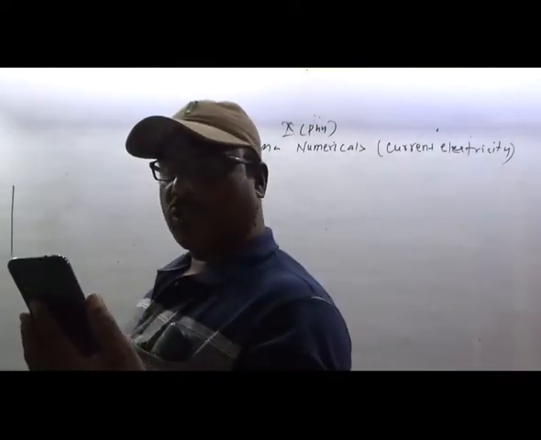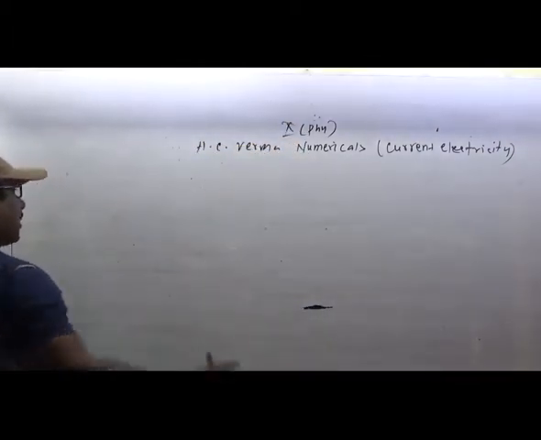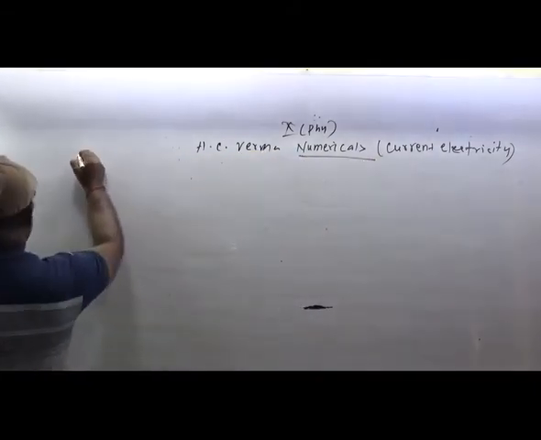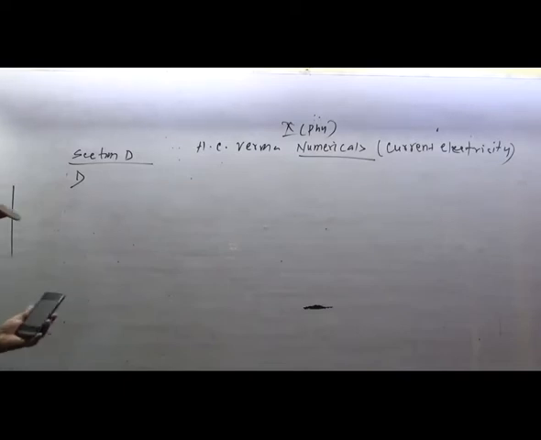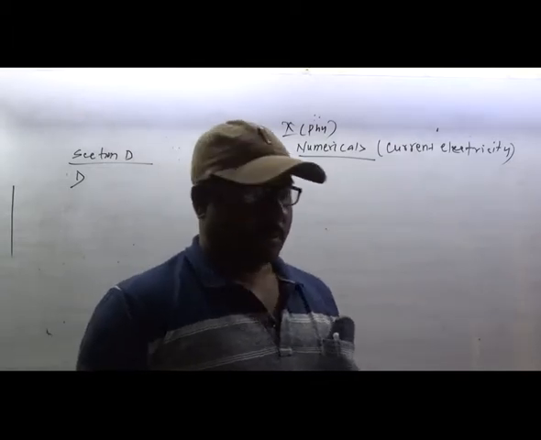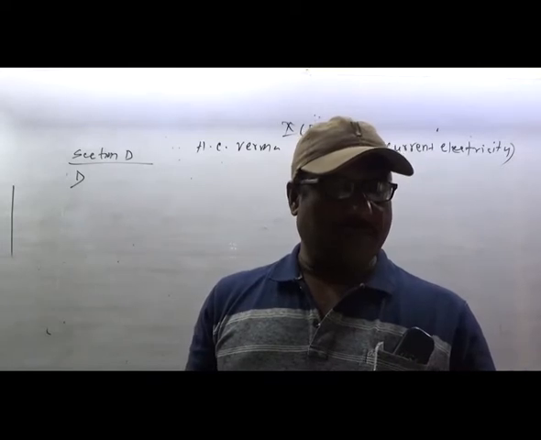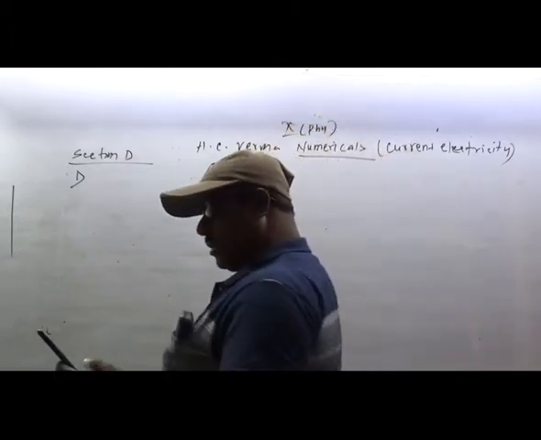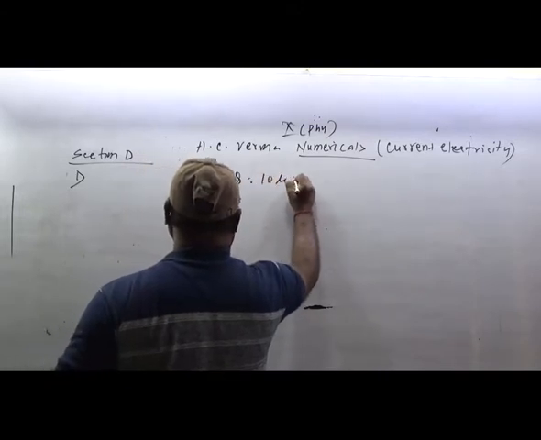Alright, so we are solving the first question. You can take out the S.C. Verma and see: it is Current Electricity, Newton portion, Section B. It is the first question. When a particle of charge 10 microcoulomb is brought from infinity to a point P, so Q is equal to 10 microcoulomb.